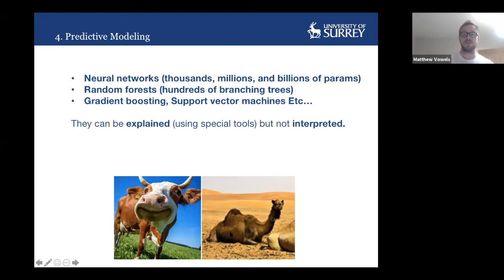So I can do this post hoc explanation of the model to infer something about the model, but I can maybe also then say, well, maybe this demonstrates some kind of correlation that exists in external reality. And sure enough, this is a trivial example. We see this bias and imbalance in cows being in green pastures, and camels being in deserts.